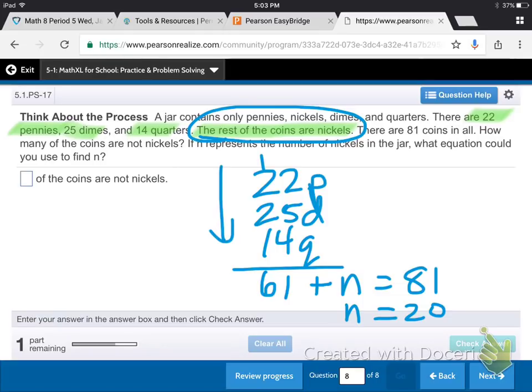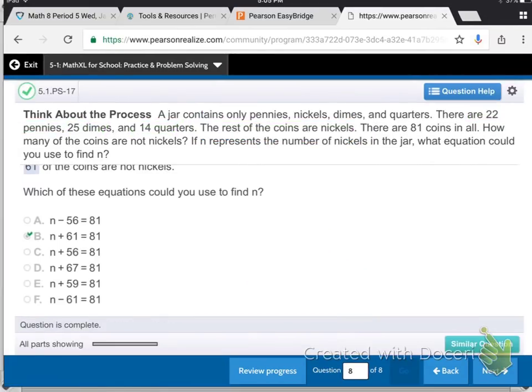Okay, so the easy answer for the first question, how many of the coins are not nickels, is 61, because those are the pennies, dimes, and quarters. So put that in the answer. And then it says, which of these equations could you use to find the number of nickels? And it is B. You can see the number of nickels plus 61, that's all the other coins,